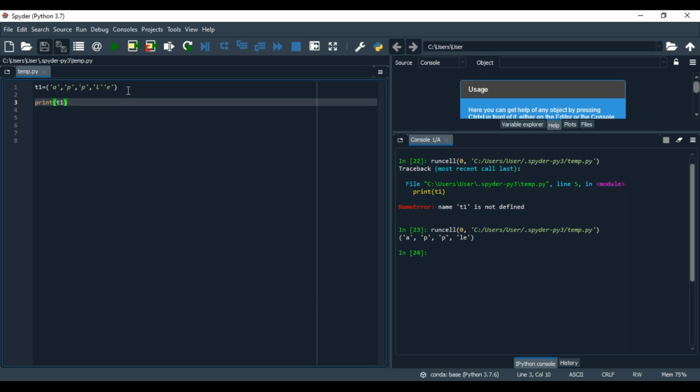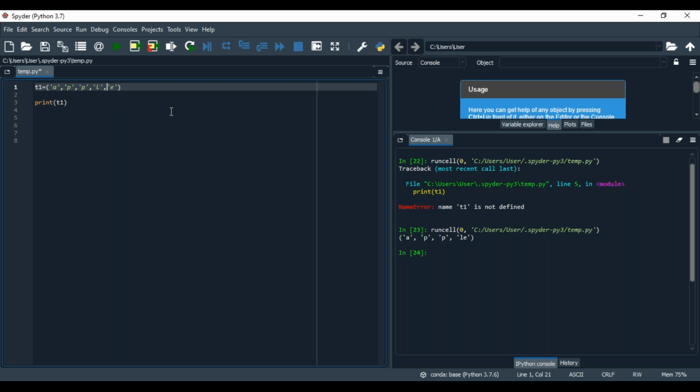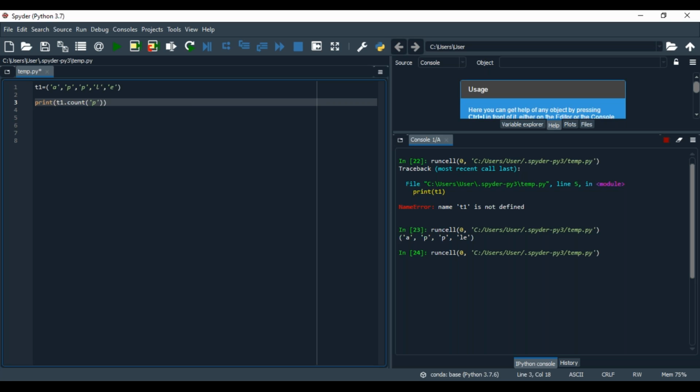Because there is no comma, that's what was directly written. Next, what I'm asking is to count how many times an element occurs. So print T1.count of P. See how many times: 2 times the occurrence.